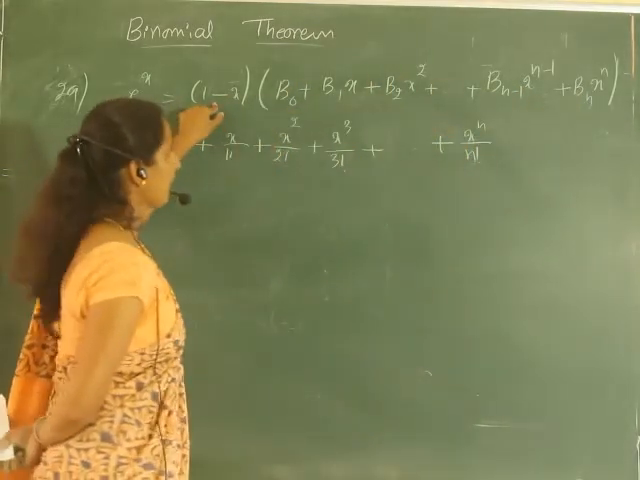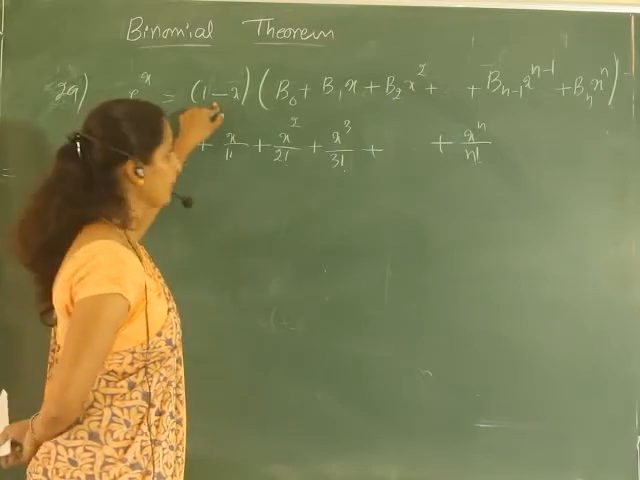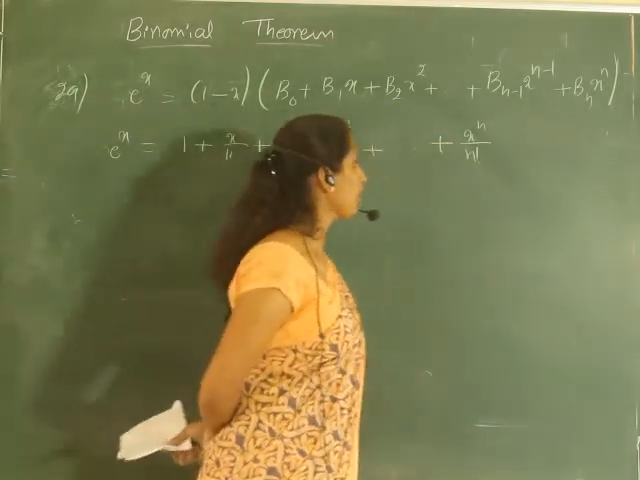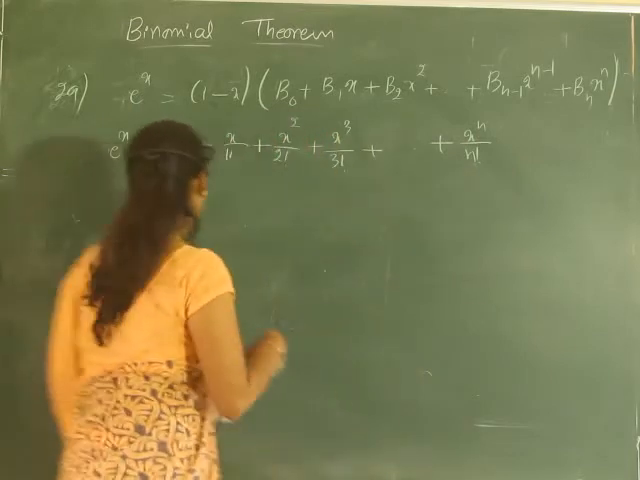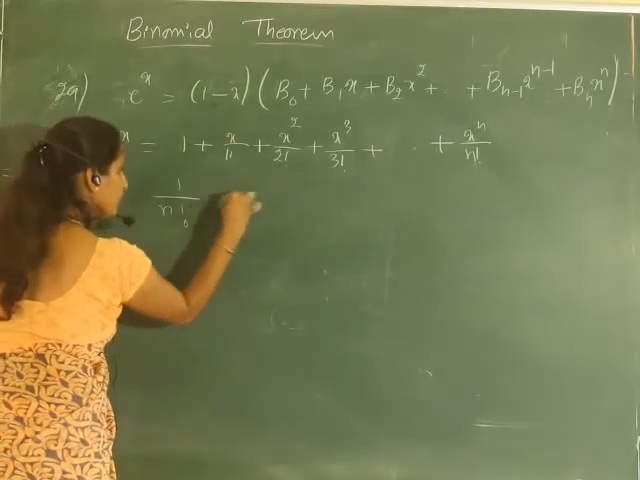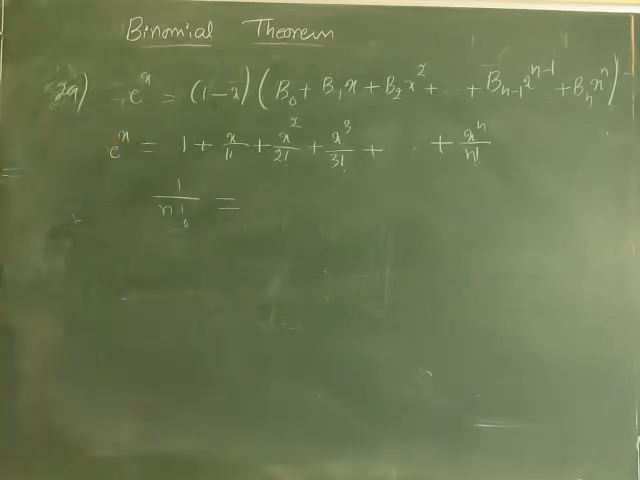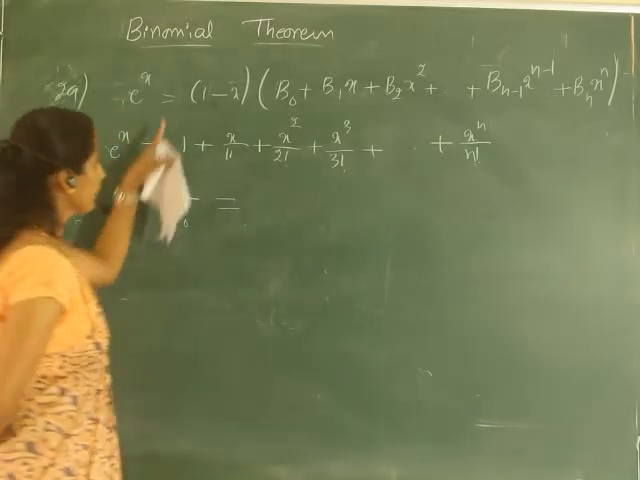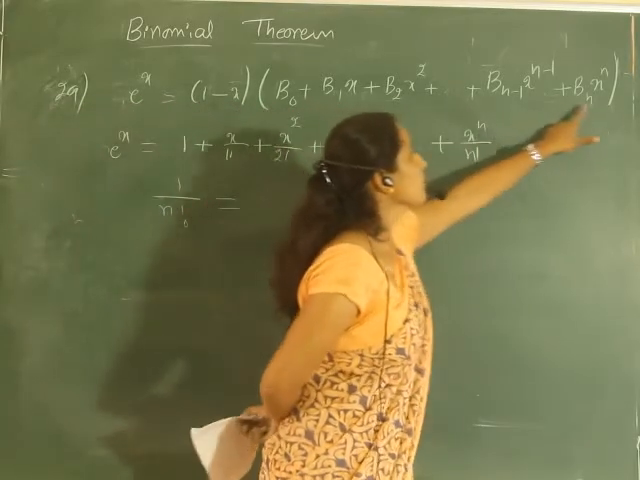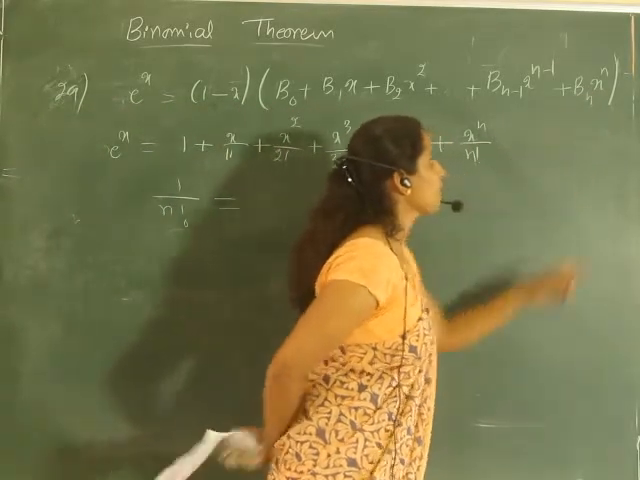So when we multiply this by 1 minus x, and compare the coefficients of x power n, here the coefficient of x power n is 1 by n factorial, and when we multiply by 1, all these terms will be the same. So here the coefficient of x power n is bn,